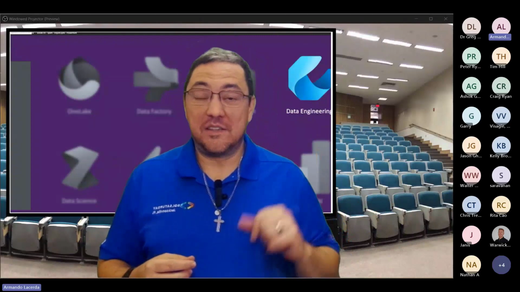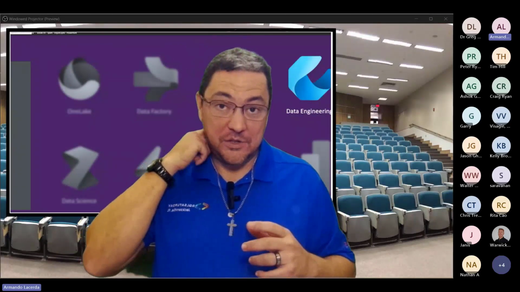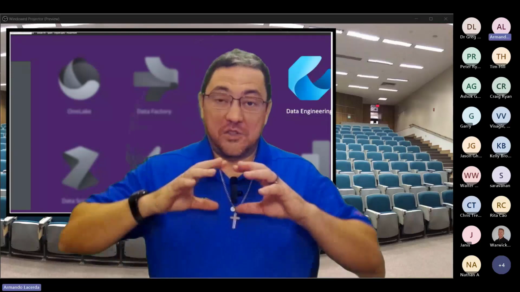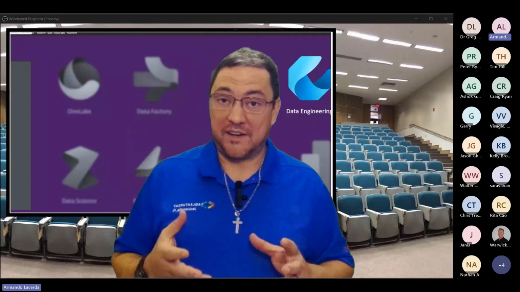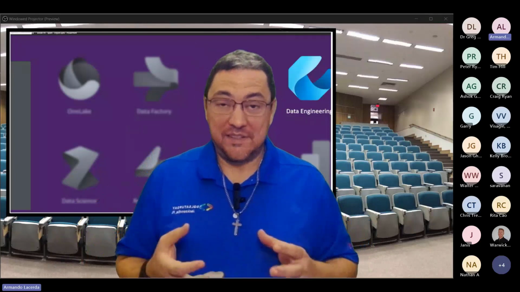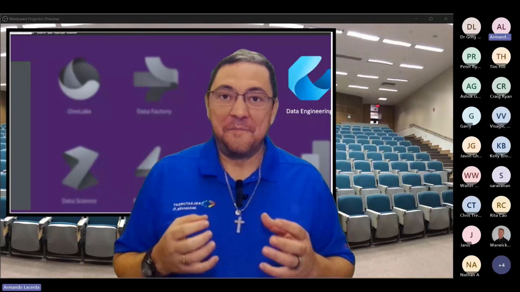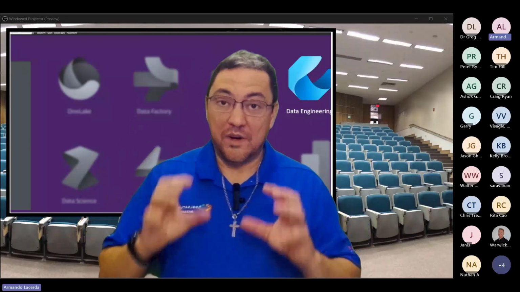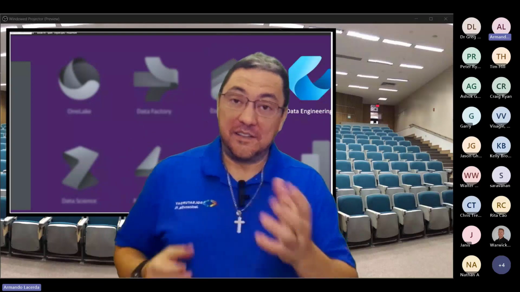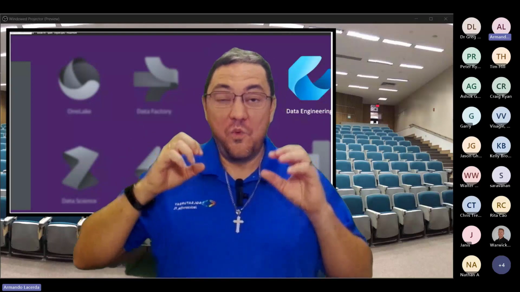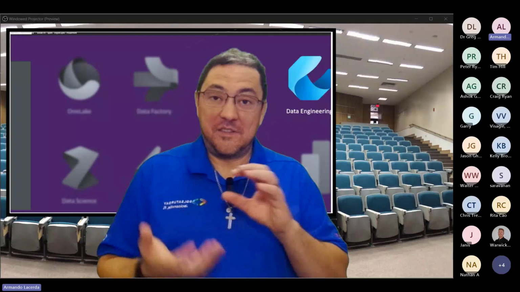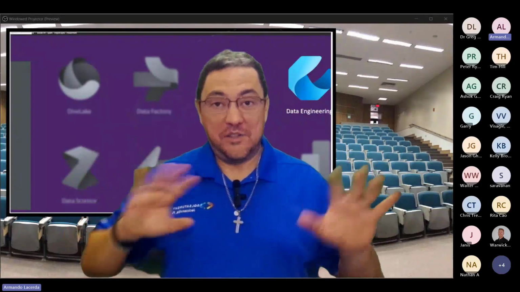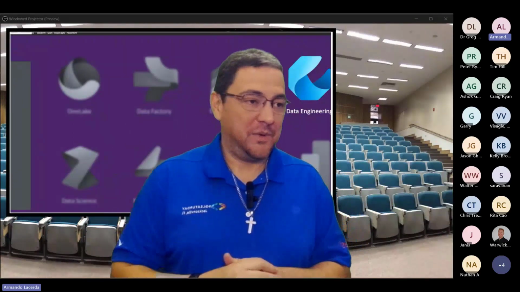So data engineering is the one we are really looking into. And data engineering in Fabric is all about Spark. That's why it's so important in Fabric to really master how we can get Spark working for us. And the good news is it was made way easier than it used to be, but it's different. And I'm going to highlight what the differences are when we get to the demos.